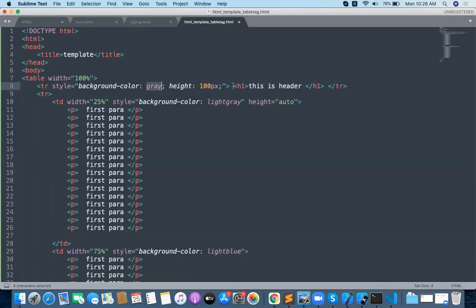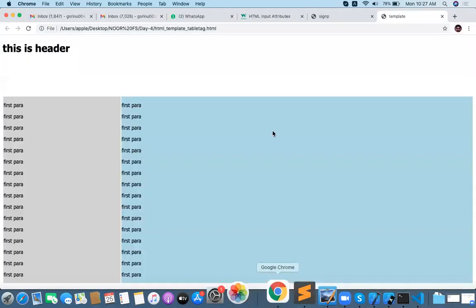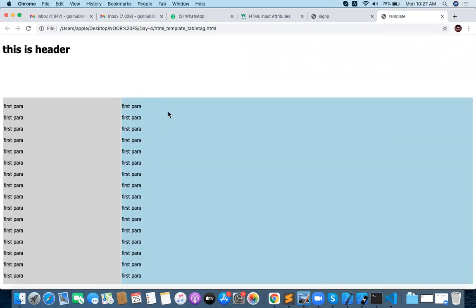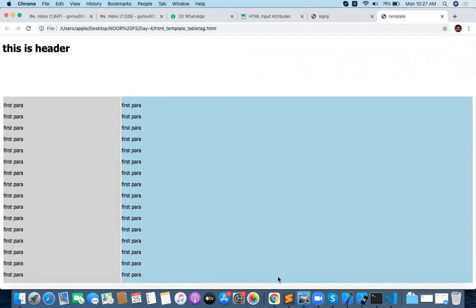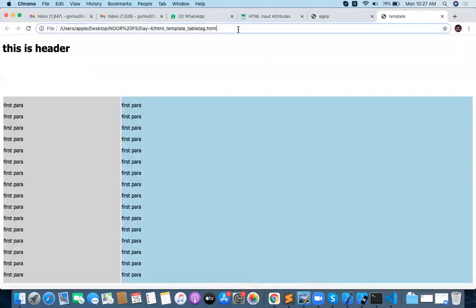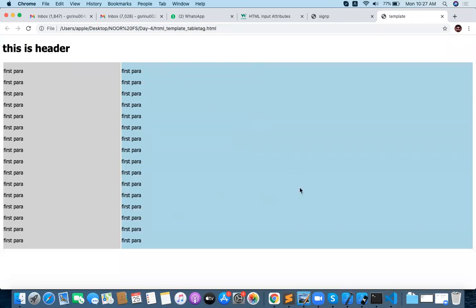Why is background color gray not coming for the first TR? So the center is actually adjusted, but the header does not have a proper style. Width automatically takes 100%. No issues with that. Now it is properly adjusted.